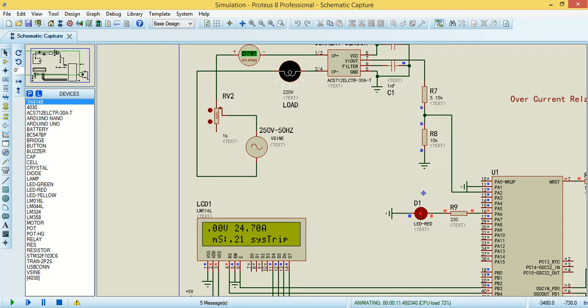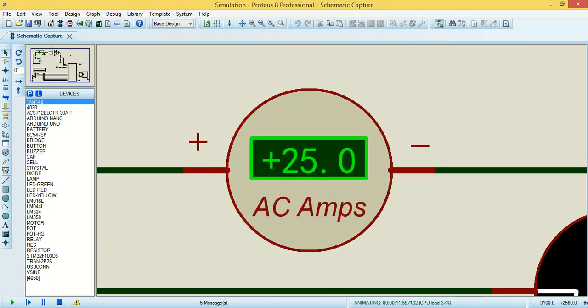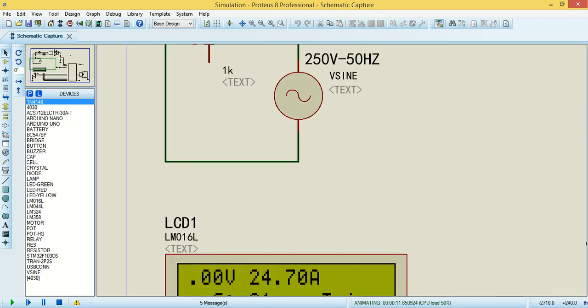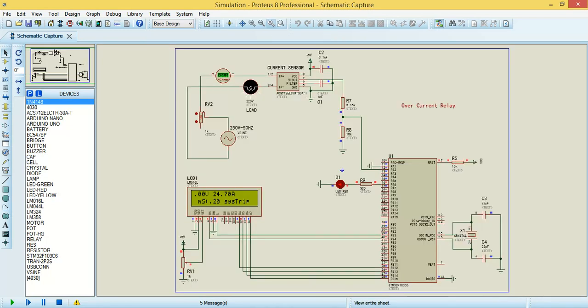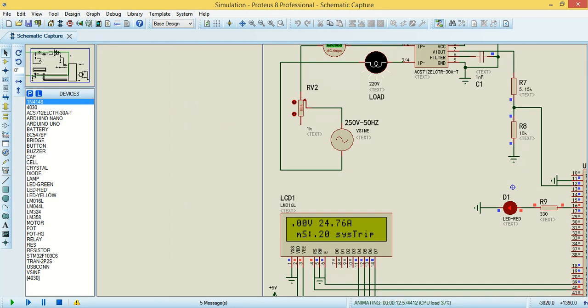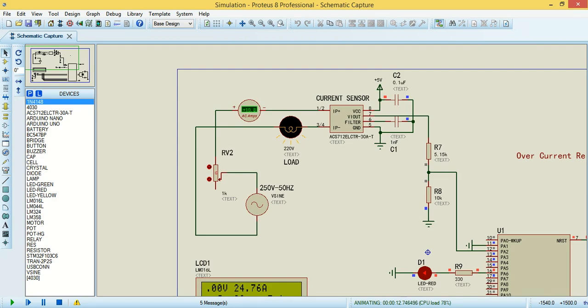So you can see it is at 24.7 or 20, a little bit of fluctuation. And over here the red light has turned on to show you that the system has been tripped. Okay, so this is how its complete circuit looks like. You can also drop it to 6%, and you will